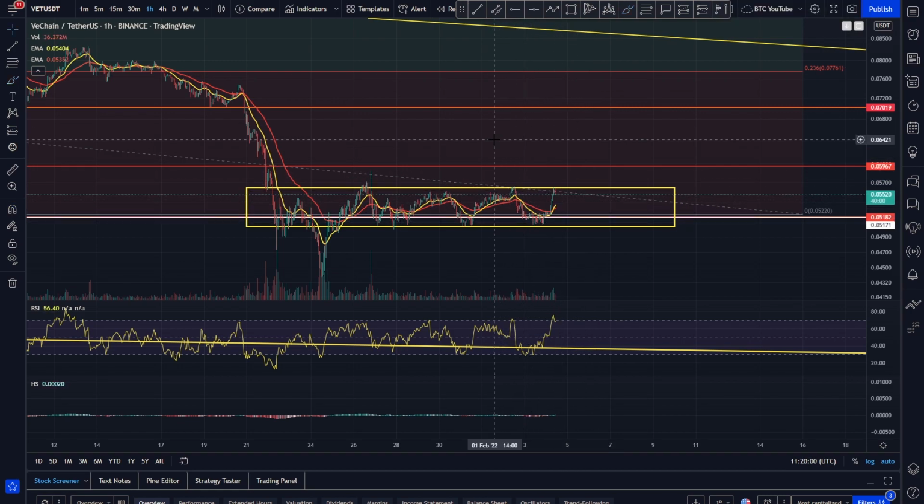But until Bitcoin gets that breakout, which we think it will fairly soon, then realistically Vechain is just going sideways,